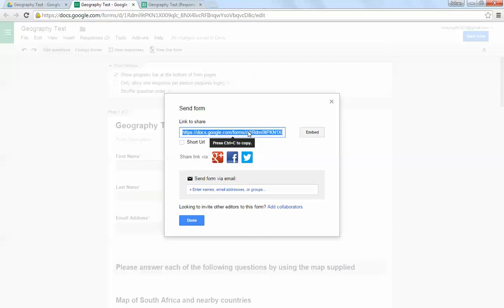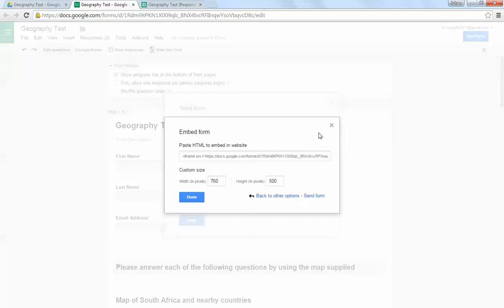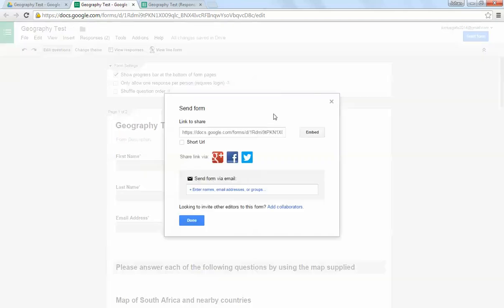You can copy that link, or you can click there to shorten the URL for you if it's too long. You can also embed, which will give you some HTML coding that you can use to embed the form in a website, or you can just share the link via Google Plus, via Facebook or Twitter, or you can just email the form, so the guy can fill out the form in his email client,